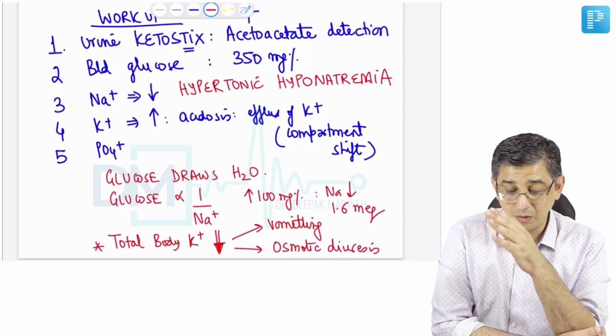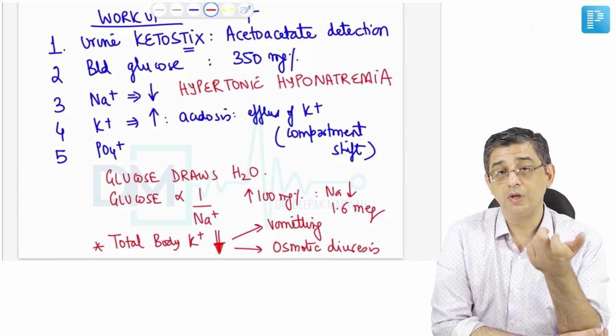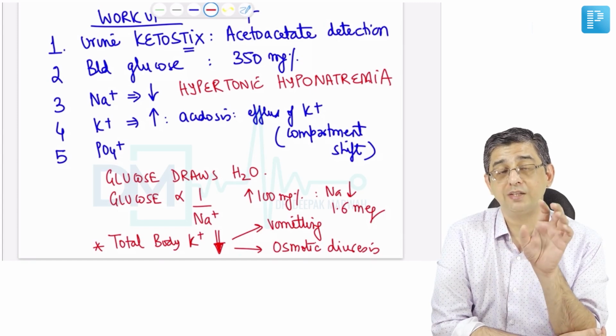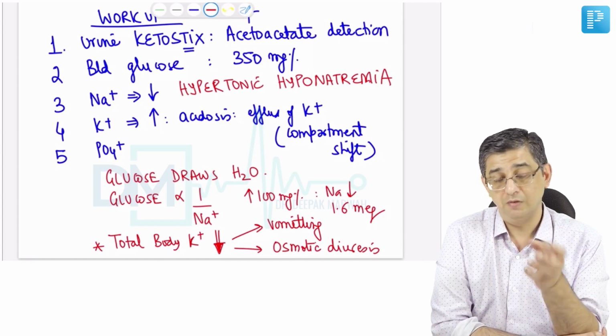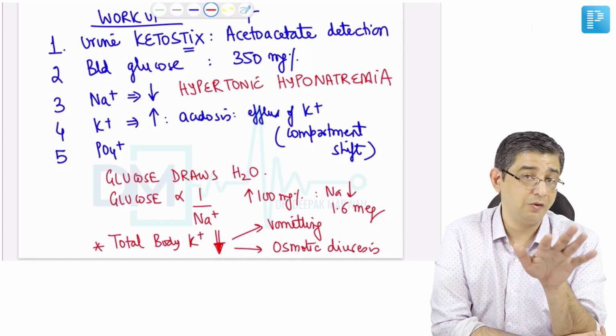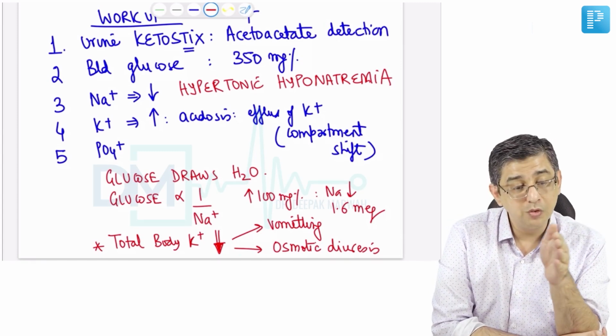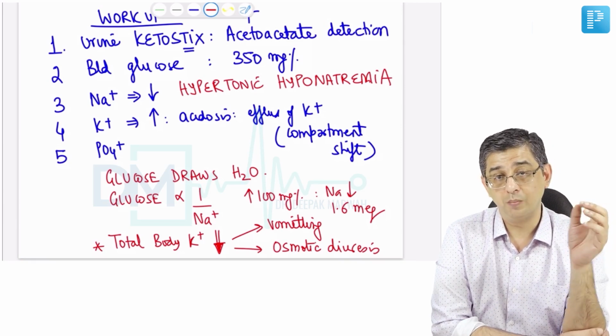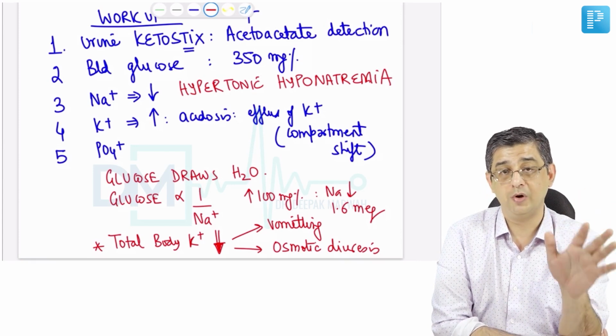So therefore potassium can go inside the cells, and hypokalemia can trigger Torsades de Pointes. That is why to the correction fluid we add potassium chloride. We give it in little amounts only, but it has to be given to keep potassium values in the range of 3.5. If it goes less than 3.5, you are on a dangerous wicket, because hypokalemia can trigger Torsades de Pointes in a patient.